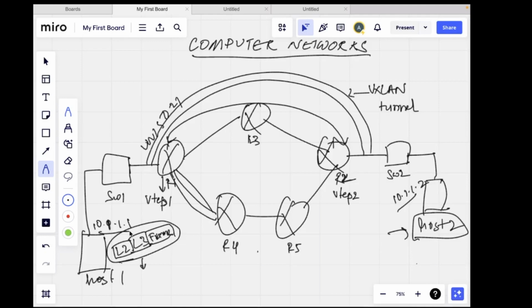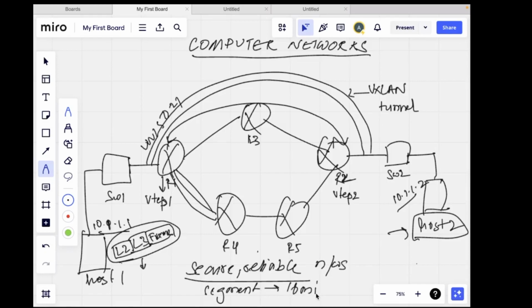Okay, so it helps you provide secure, reliable networks. It helps you to segment these networks. About 16 million segments you can have. Now also, it increases the broadcast domains across the internet. Okay, now you don't have to have just one particular